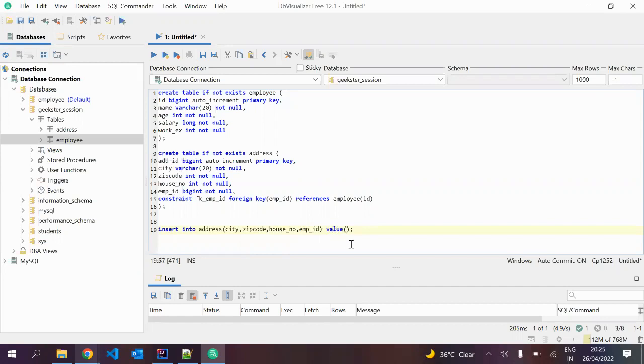Okay, so let's have it. City, let me mention it as New Delhi. Okay, then state, I'll mention it as a now zip code, not state, 110096. I'm mentioning my zip code. Then house number, that is again an integer, I will mention as 84. Okay, that is my house number. Then I have to enter the